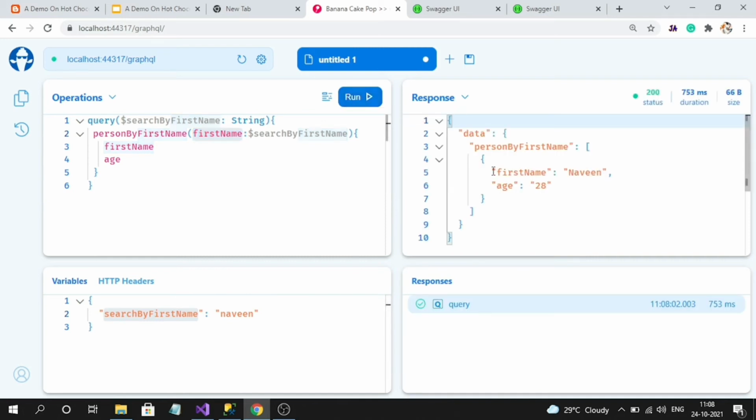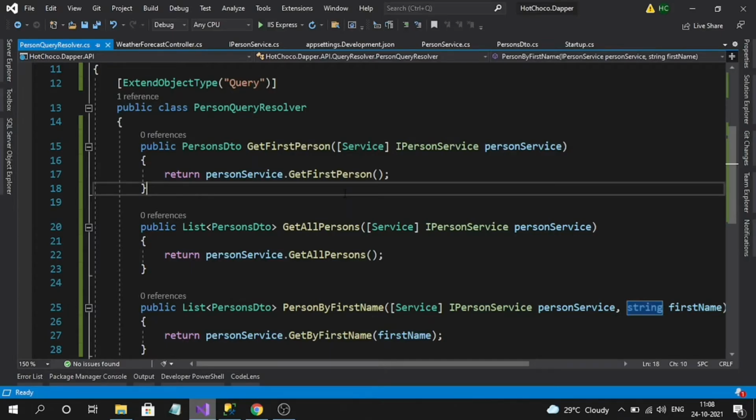See how beautiful the result I am getting. And here you can observe one more thing. Inside of data, the root property is nothing but our query name itself. This is automatically done by the framework. Okay. See, this is how we have to send the query parameters to the GraphQL endpoint. See how many query operations we have created, almost 3 query operations, all working under a single endpoint. From that we can understand GraphQL only works with a single endpoint.